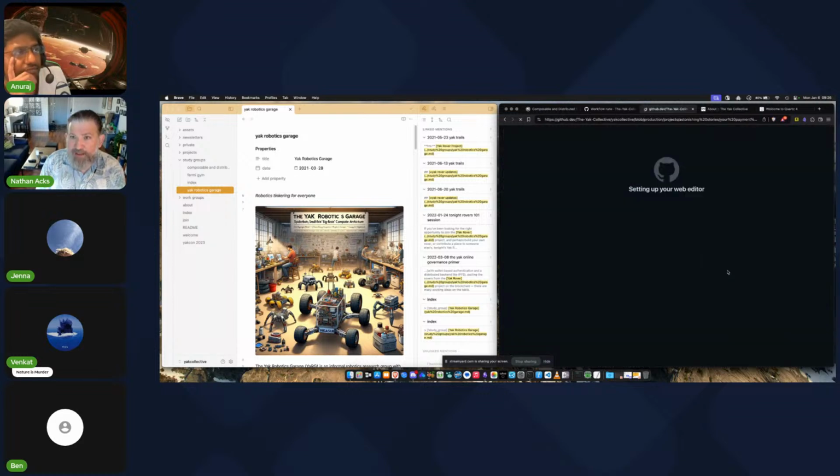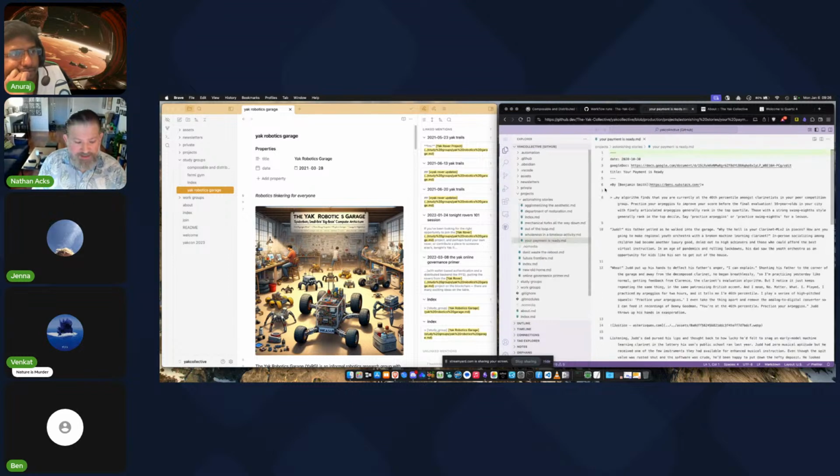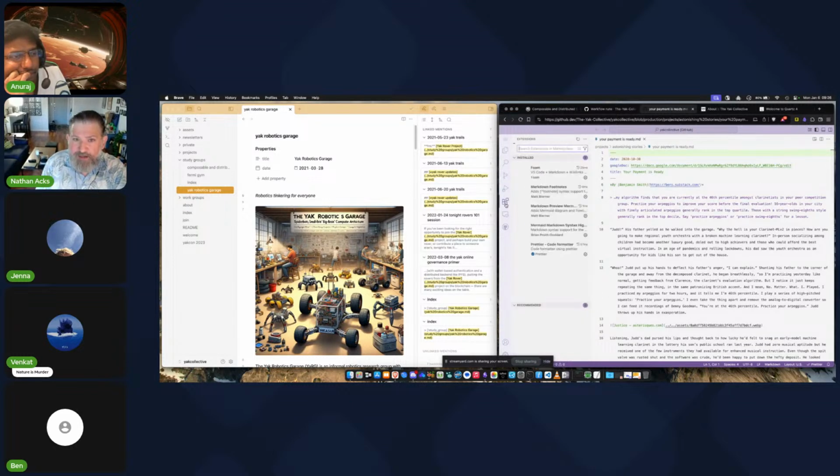If you're on GitHub and you hit that, you'll notice GitHub reloads and you get VS Code. And it's not just VS Code. You may be prompted to enable some plugins. We've got a few plugins here related to Markdown formatting and a thing called Foam, which gives you some things like a nice graph.